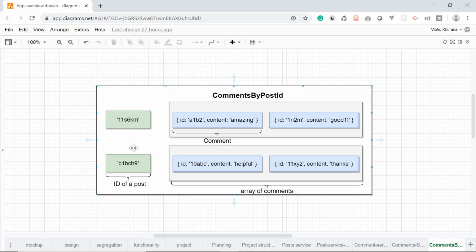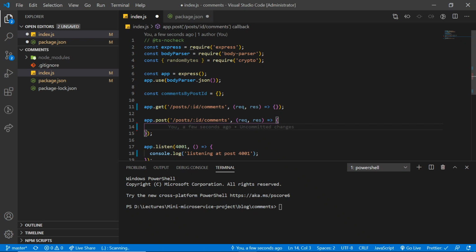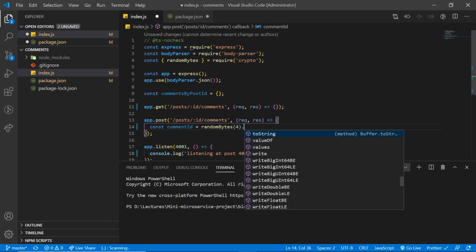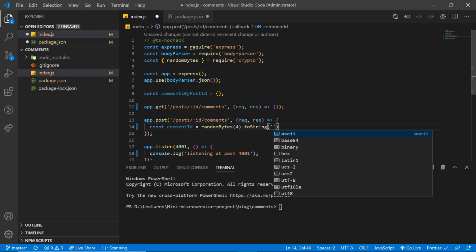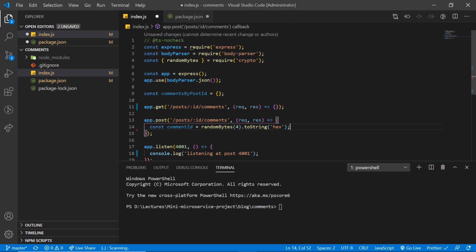Now let's again write some code inside the post route handler. The first thing I am going to do is generate a new comment ID. This is going to be just a random ID. Next, we will pull out the content property that is provided by the user inside of our incoming request.